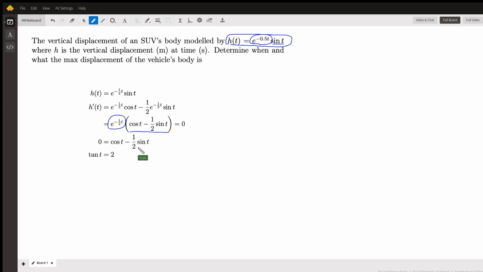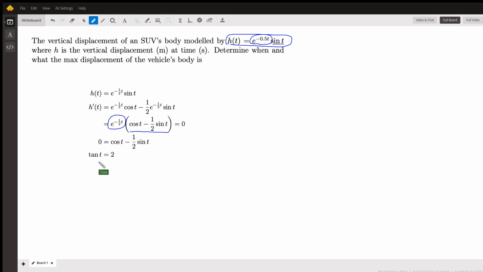So we set that equal to 0, and that tells us the tangent of t is 2, or t equals the arctangent of 2. And you can simply substitute that back into the original equation to find out what the displacement is. Now, the important thing to note is, the arctangent function, there are an infinite number of values t